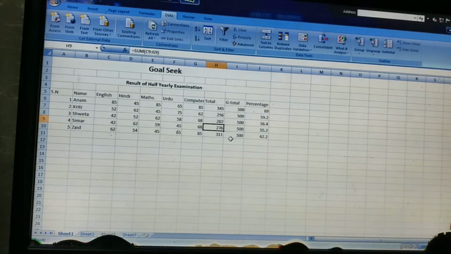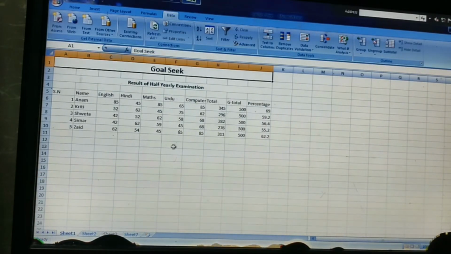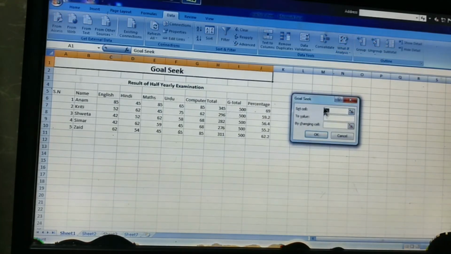She has got 276 marks. Suppose you want to increase her marks, so you can do it using the goal seek option. So how to use this option? For this, go to the data tab and select the what if analysis option, then the goal seek option.